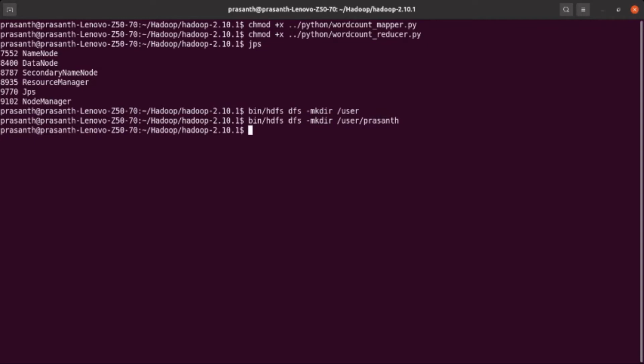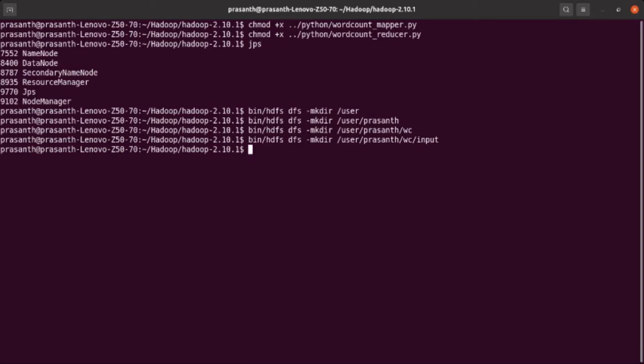Yes, it is successfully created. Then under Prashant I will create a folder named wc, short for word count, and under wc I have created the input folder. This is my input folder, where I will store my input files.